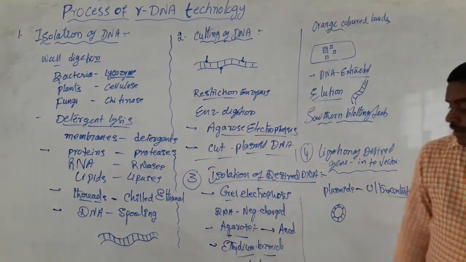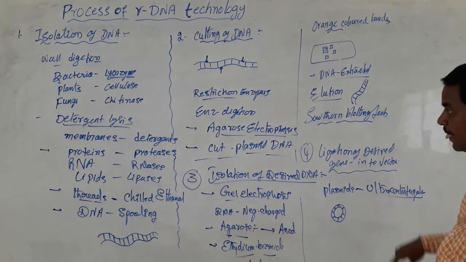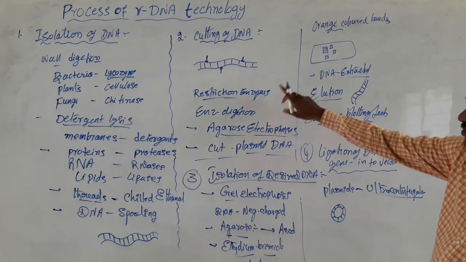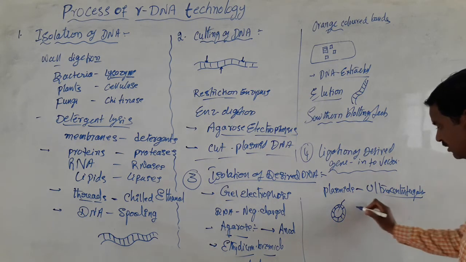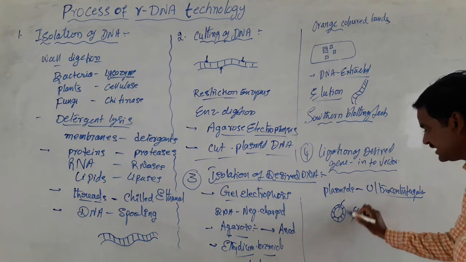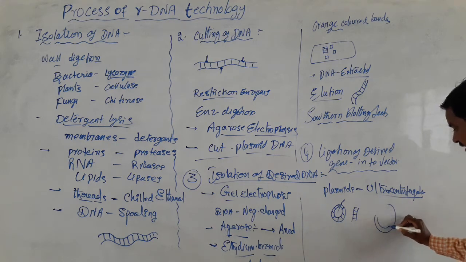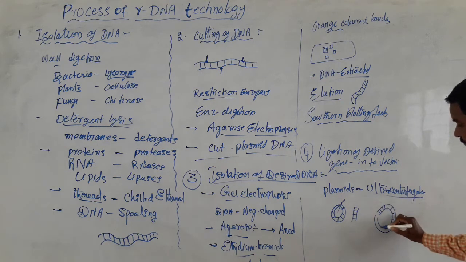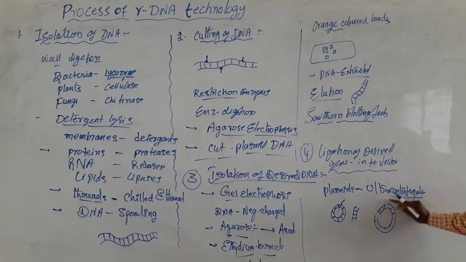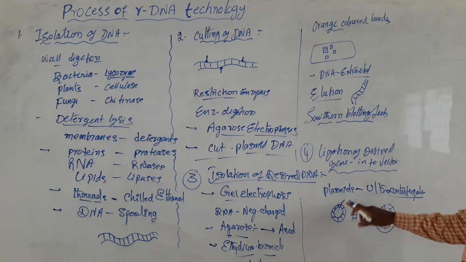Once the plasmid is isolated from the bacterial cells by ultracentrifugation, the same restriction enzyme which was used to cut the DNA molecule is also used to cut the plasmid. Now this is the gene of interest, and this is an open plasmid. The cut end parts of the gene of interest contain bases complementary to the ends of the plasmid.